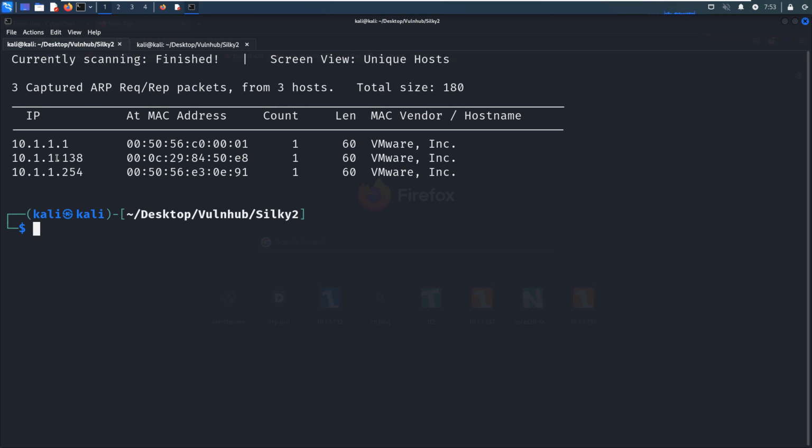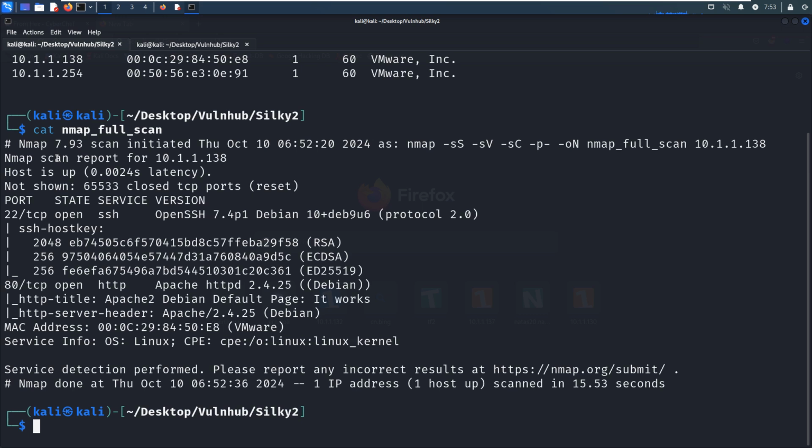To save time in this video, I've already completed it before, so for now we just get out its result. As you can see over here, I used the SYN scan, the version scan, the default script scan, followed by -p- to do the full range port scan. The last option is -oN, one of the formats supported by Nmap, and the output will be saved into this file. From the Nmap scanning, we can tell that the target has two open ports.